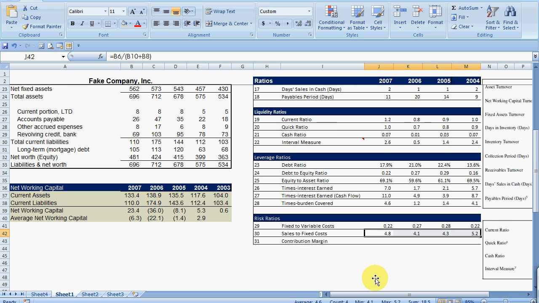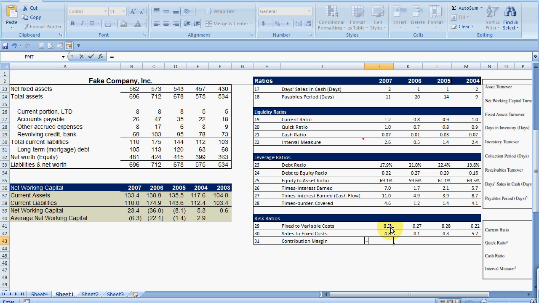It's not that one number is good or bad. You have to look at this in perspective of, one, across time, how does this number evolve, and two, what does that number look like compared to industries? We'll talk about that in another lecture when we dive into comparing against companies in your industry. Okay, the last one we have is contribution margin, and there we're just going to take our revenue,